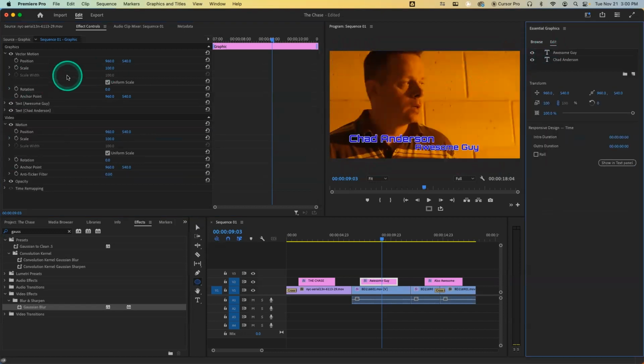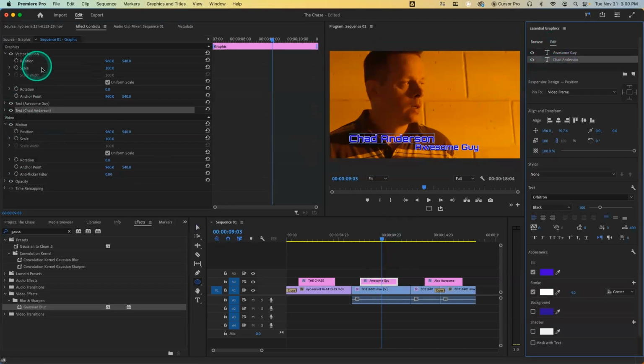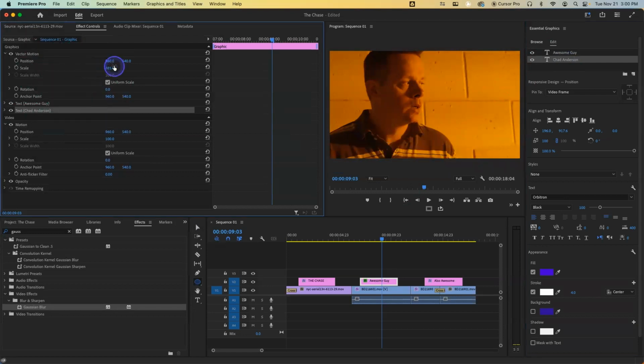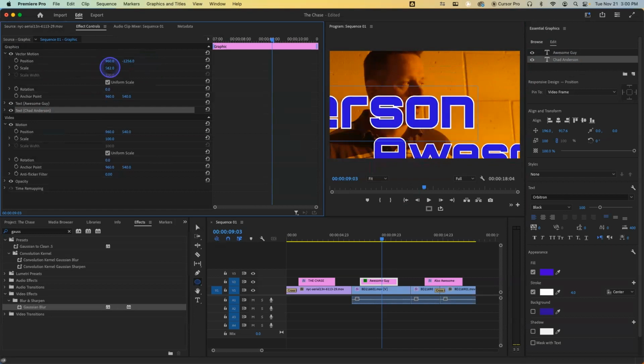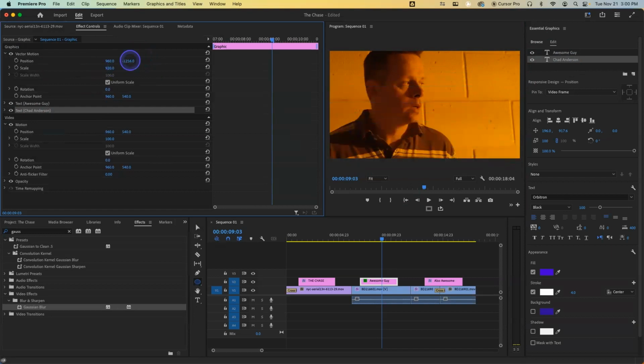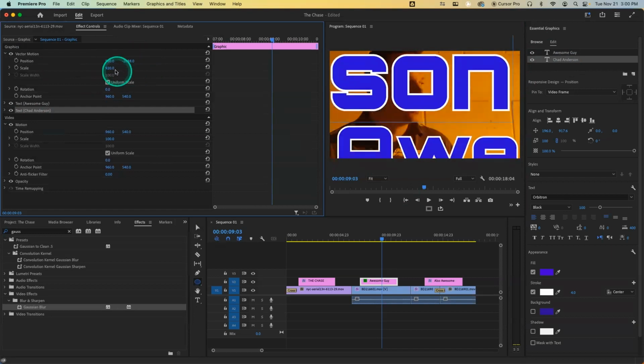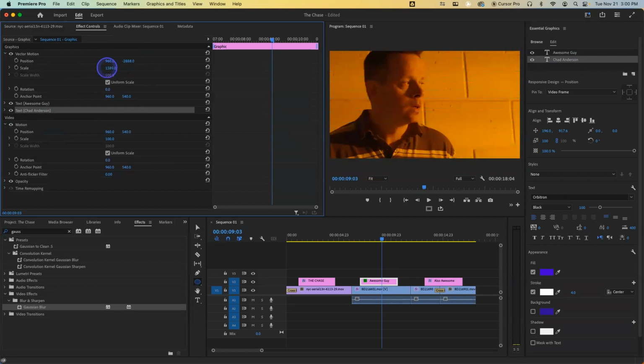And this is what's called vector-based motion. So you'll see here with Chad, for example, Chad Anderson, if I scale it up here under the vector motion category, I can scale it up much bigger, and I can move it here much bigger. And you'll see, no matter how big I make this, I'll keep scaling up and moving. It keeps redrawing it,